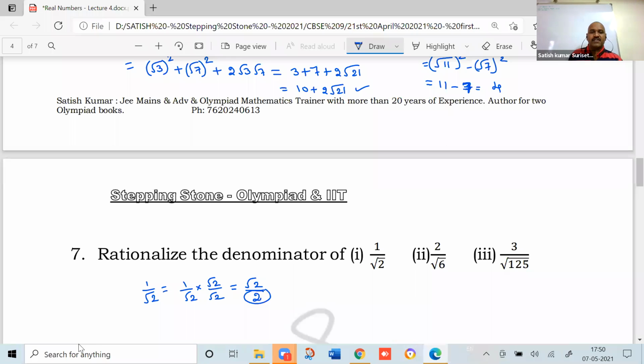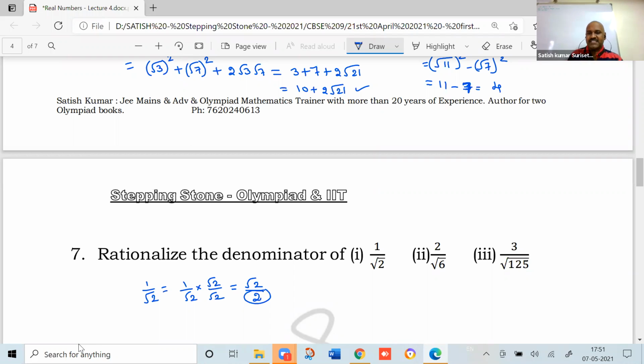As per the statement, what we want to do is rationalize the denominator. Only the denominator you have to make rational. So √2 upon 2. Even if you multiply with minus √2 also, the denominator will still be rational. That is also correct, it is not wrong. Why? Because here minus √2, here also minus √2, so minus of minus becomes plus again, and you will get the same answer.